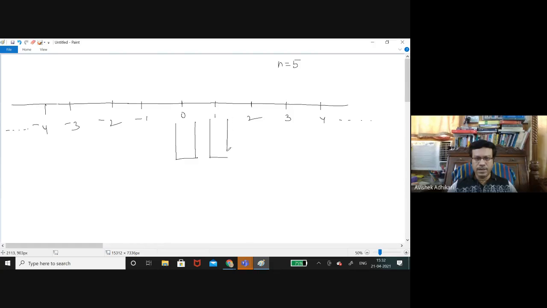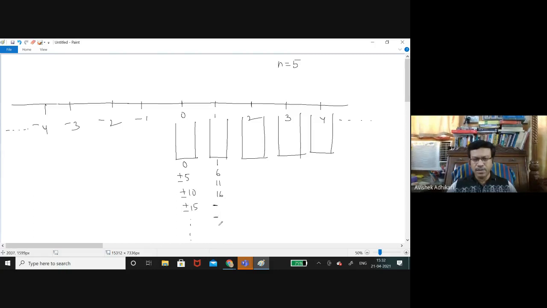If I have taken 6, then I could have 6 buckets. So I had now 5 of these buckets. So here I can see that 0, plus minus 5, plus minus 10, plus minus 15 are, there are infinitely many such elements. So here I can see that 1, 6, 11, 16,